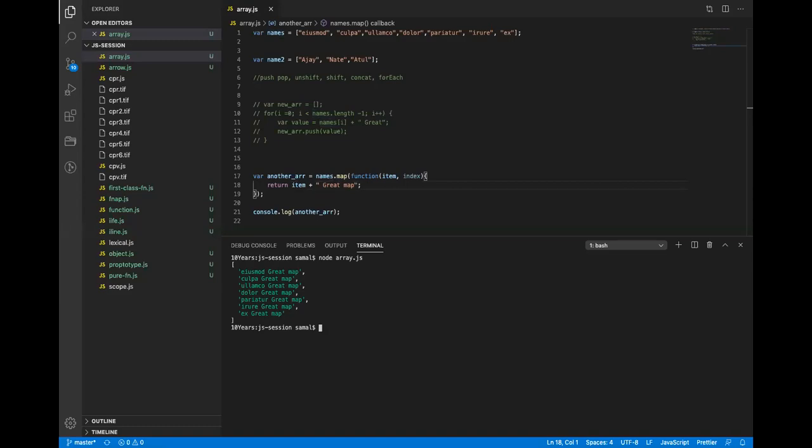Okay. All right. So another function which we really use is called map. Very popular and very heavily used. Okay. So the next method is